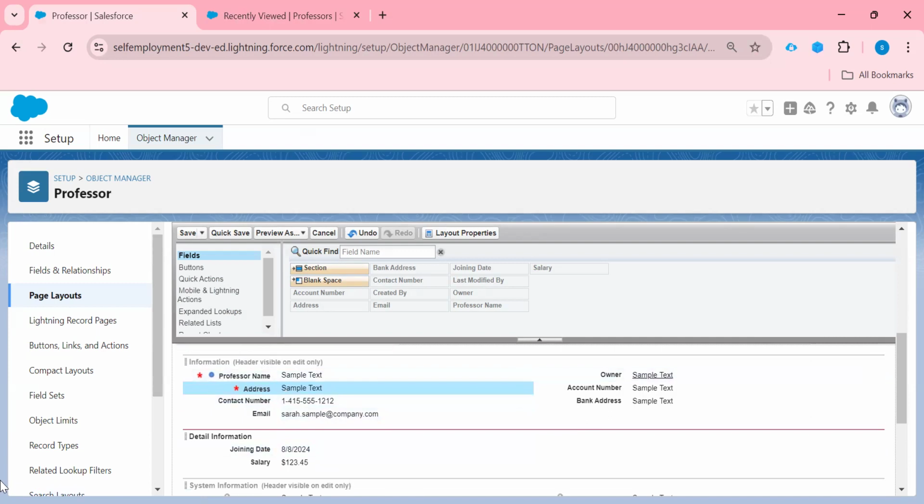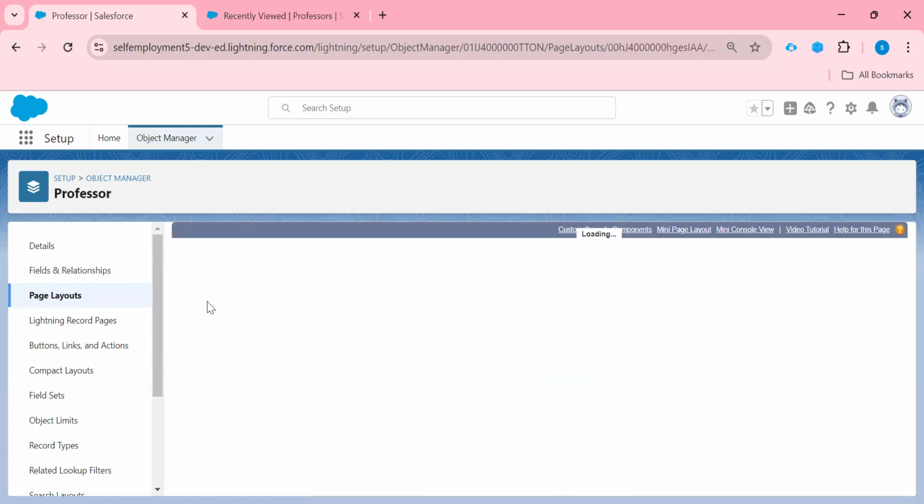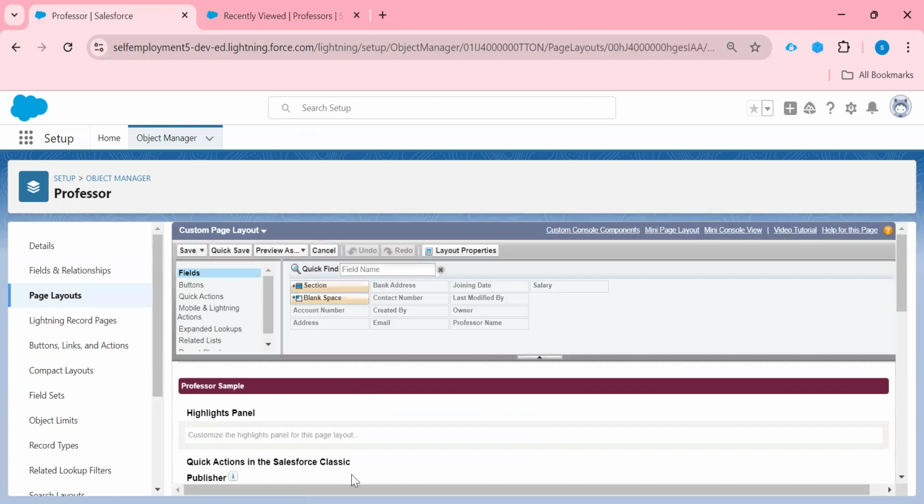Now come back to our another type, that is mini page layout, right? As I have told you. Now mini page layout, I am going to click this. Okay, so what is the mini page layout? Let me explain first. Mini page layout means it is actually a pop-up window, right? It is a layout defined from the existing page layout. It shows details when you hover the mouse over a record on an object detail page, right?